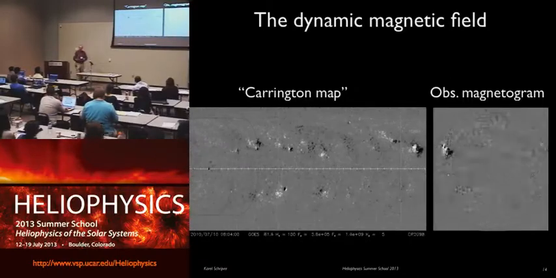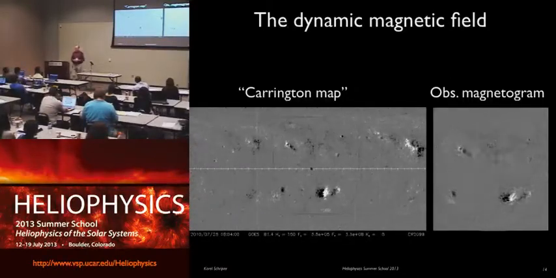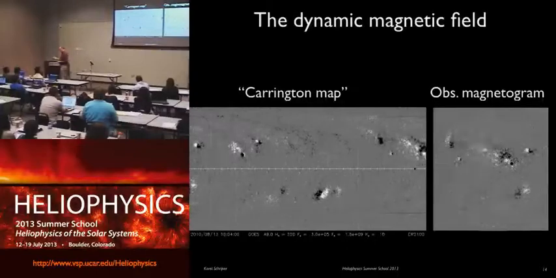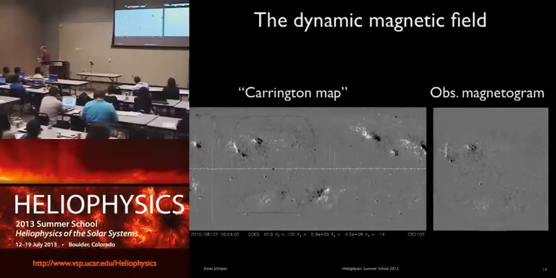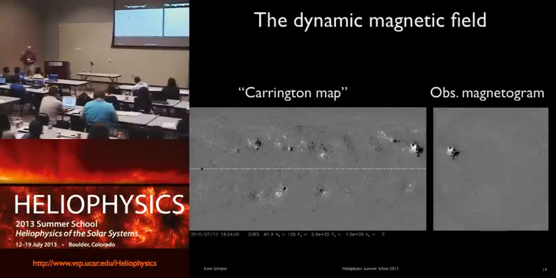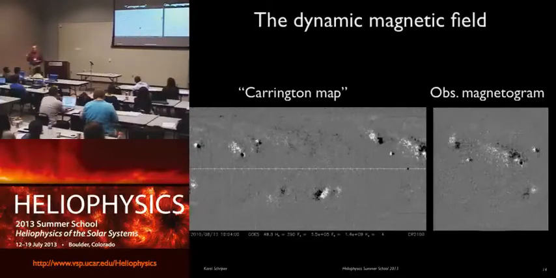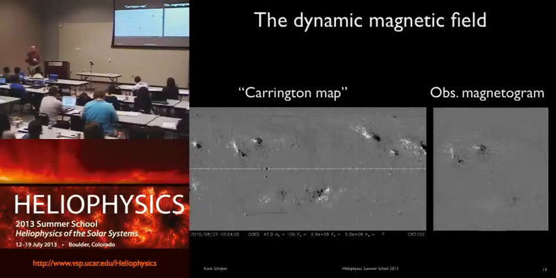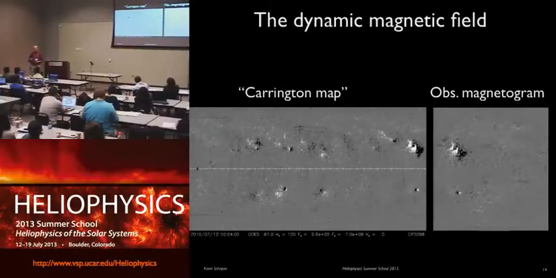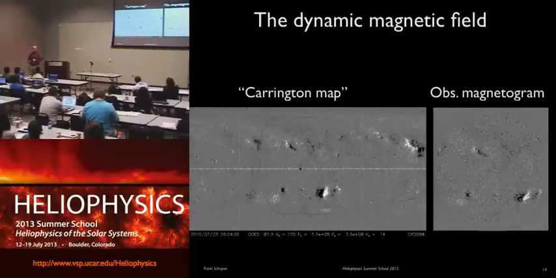Now, that magnetic field is, in fact, incredibly dynamic. And if you look at any process at its own scale, it always becomes very interesting, except that the sun has the annoying habit of rotating. It rotates at about the same rate as an active region takes to evolve. So you can see the beginning of it, but not the end. Or you can see the end of it, but you didn't see the beginning.